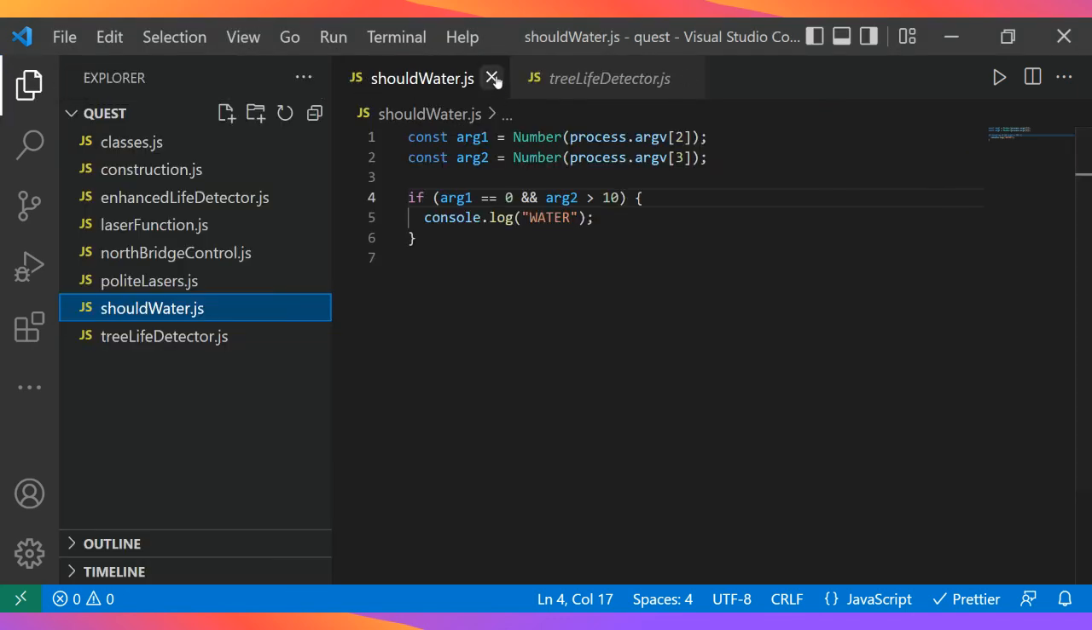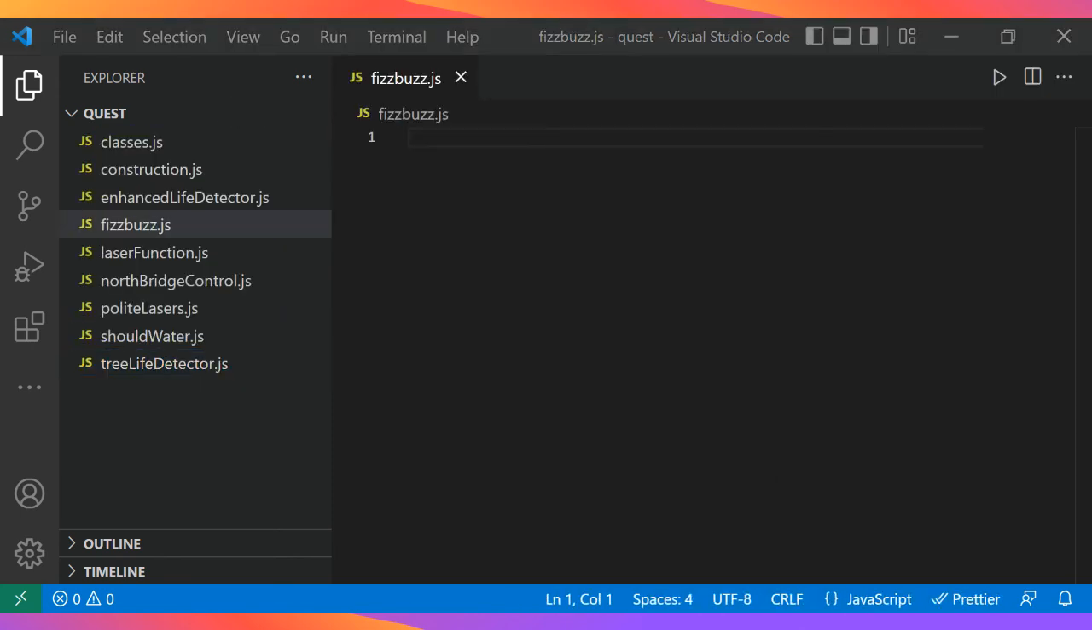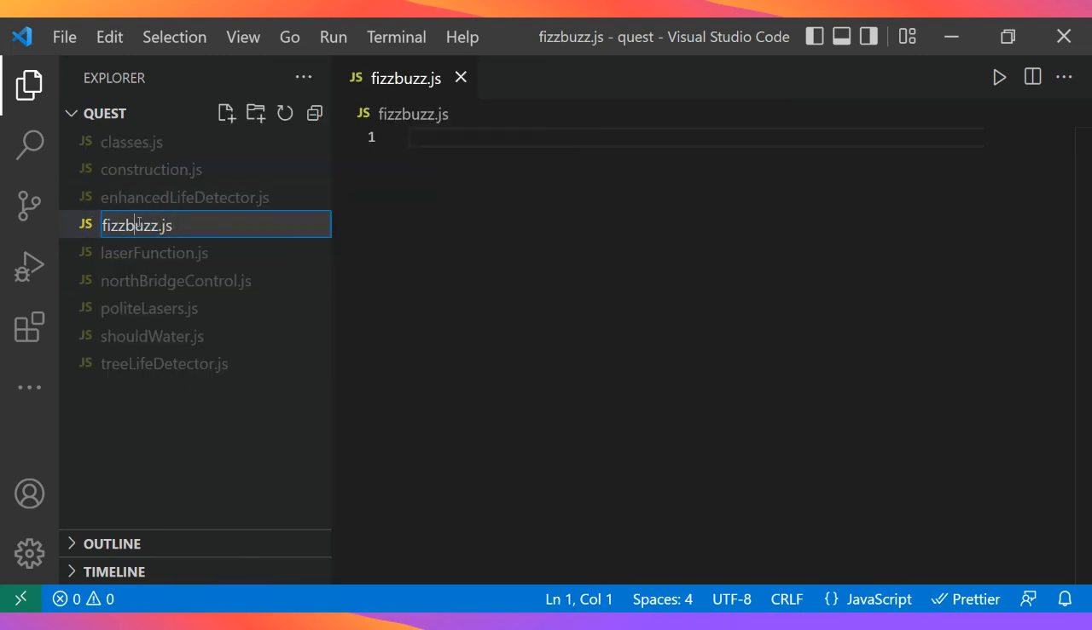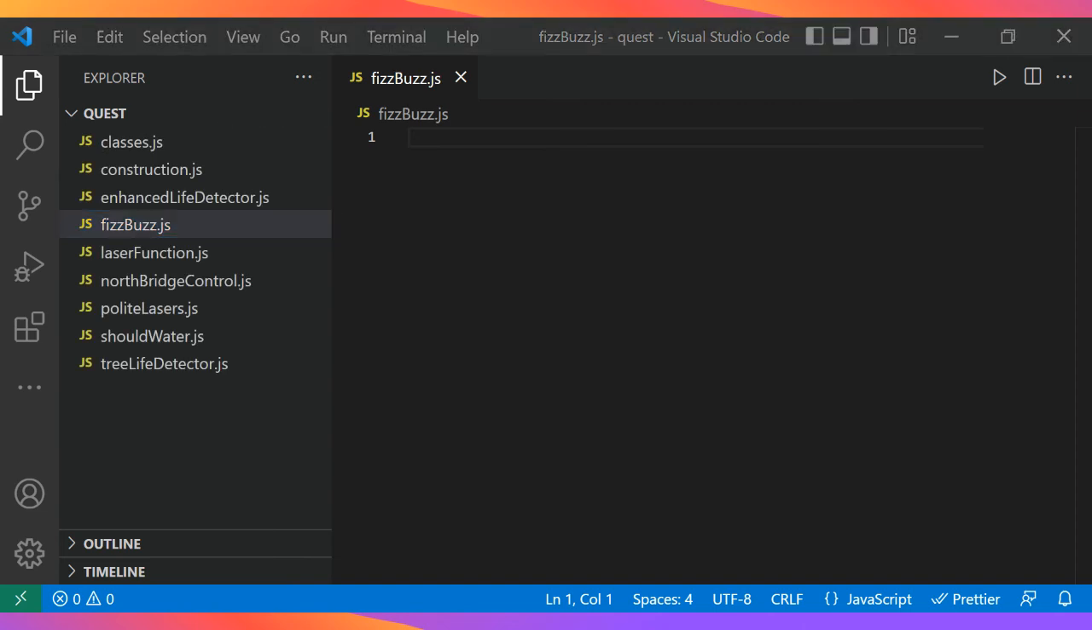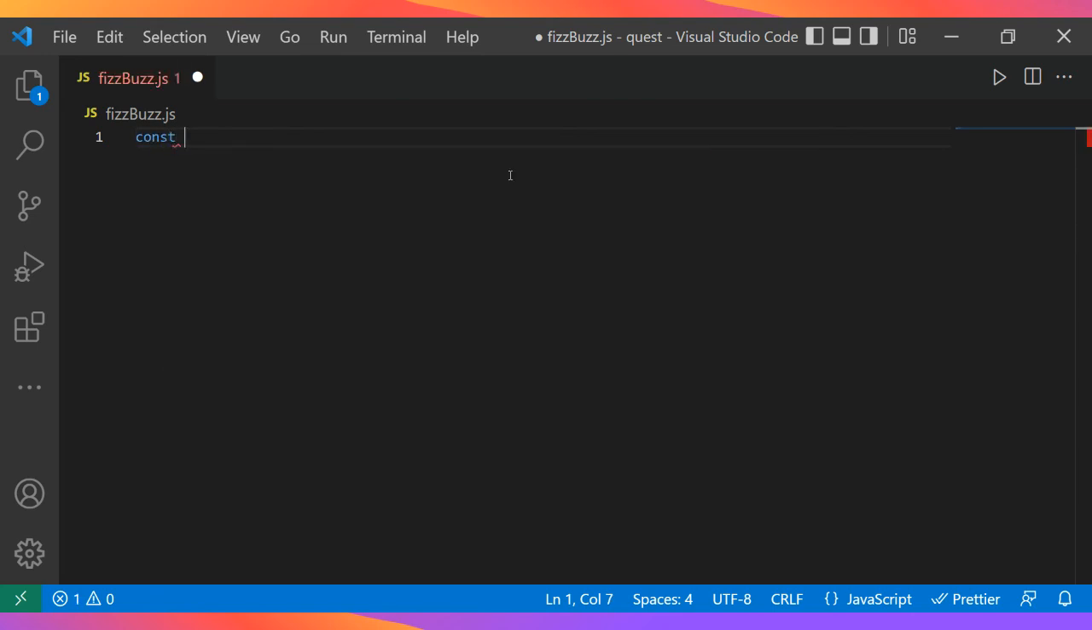So we need to create a new file named fizzbuzz.js. Oh, B will be capital, I'm sorry. So renaming it, B will be capital, right? Now we need to take an argument as a number, so this is not required. So say const, I'm gonna be a little bit faster, input